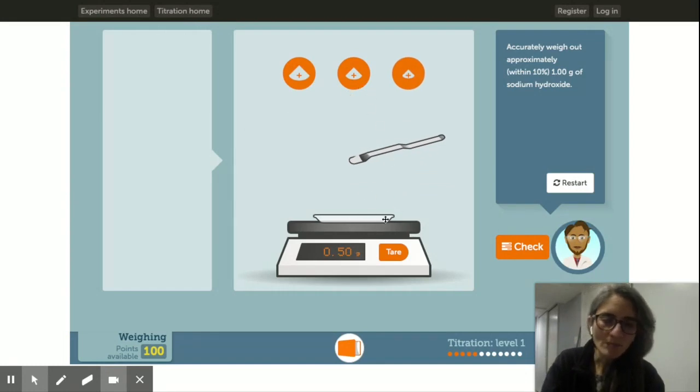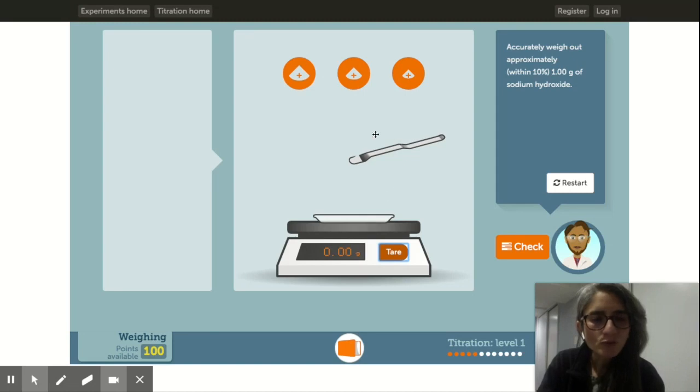But note something, and this is going to be a mistake that you make, and you're going to be upset once you make it. Use this little button right here that says tare. This means, remember how our scales in the classroom have a thing that says zero your scale. Right now we already have this weighing boat right here. That means that it weighs 0.5 grams. So I don't want to be dealing with that. I want to just tare. And now it actually has a weight of 0. It's basically going to subtract that amount